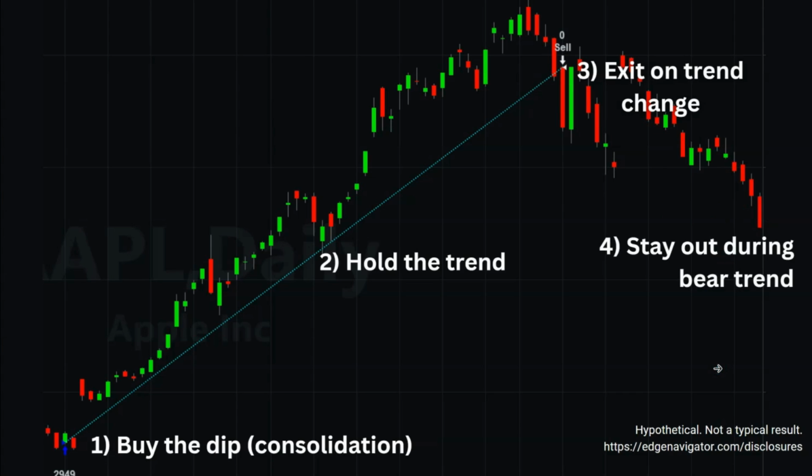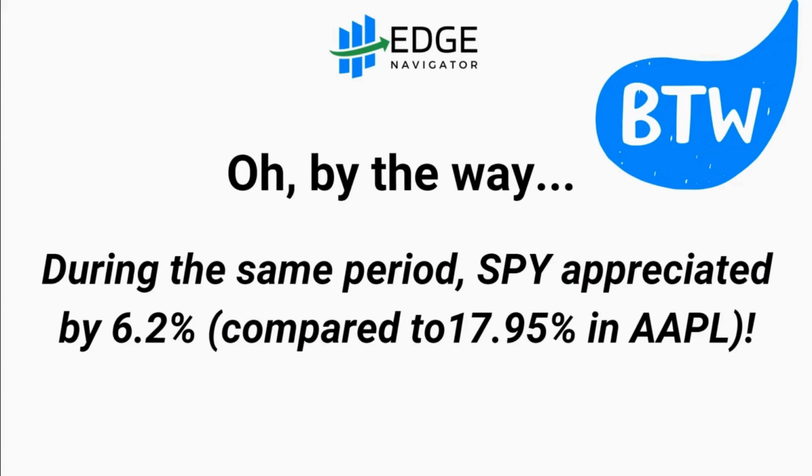Now this was a picture perfect example that I absolutely scrolled through, found, and plucked out of the history to show you how amazing this can be. But please know that this is not a typical result. There's plenty of losses and plenty of much smaller trades as well, but it nets out to a very high performing trading system. And by the way, that same period of time, the SPY or the S&P 500 ETF appreciated by 6.2%